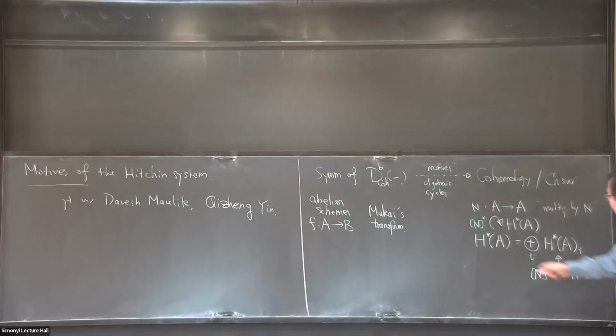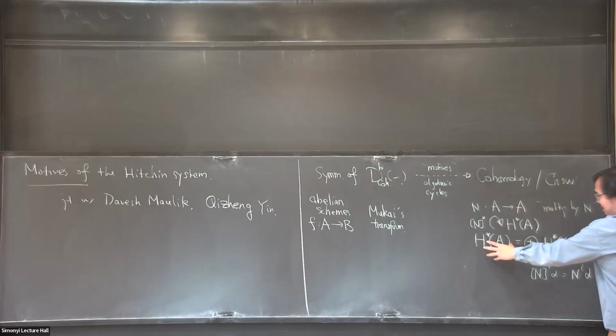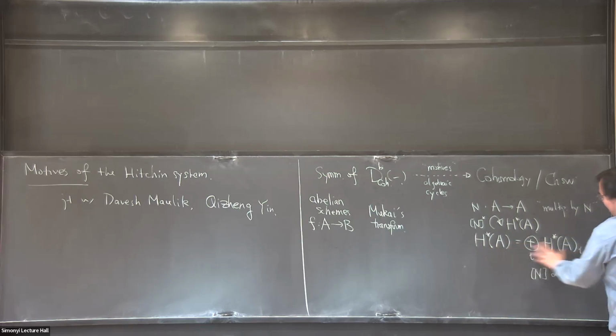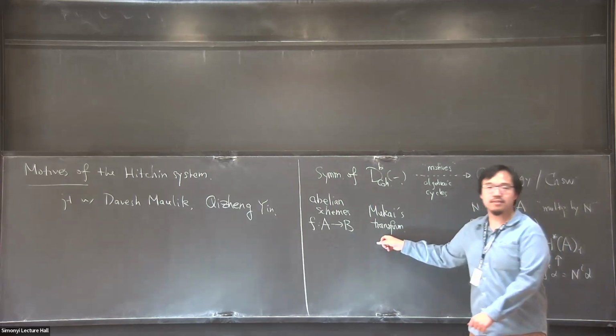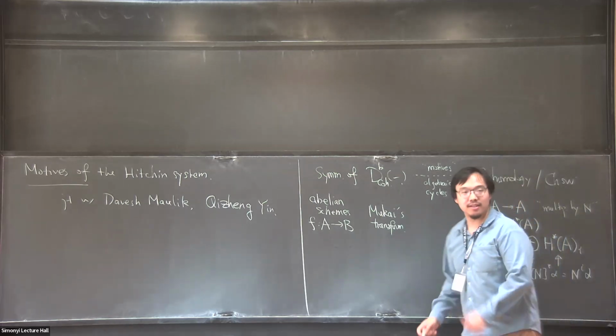Moreover, this decomposition is motivic. As I will explain later, there is a decomposition of Chow motives which realizes every piece, and the corresponding algebraic cycles are given exactly by Mukai's Poincaré line bundle. This direction was established by Deninger and Murre